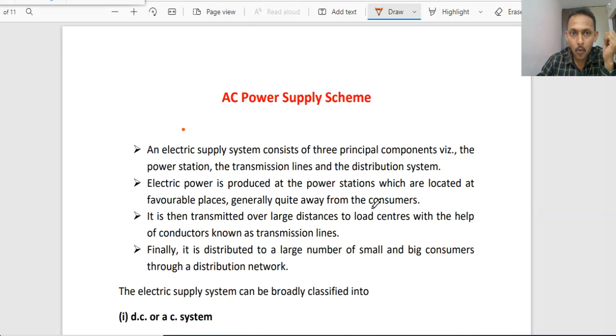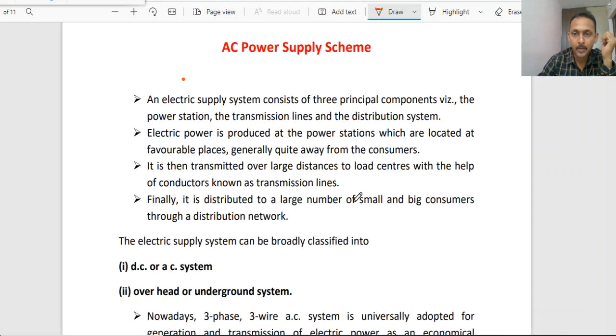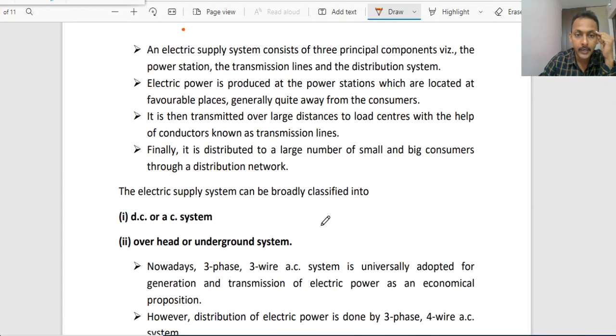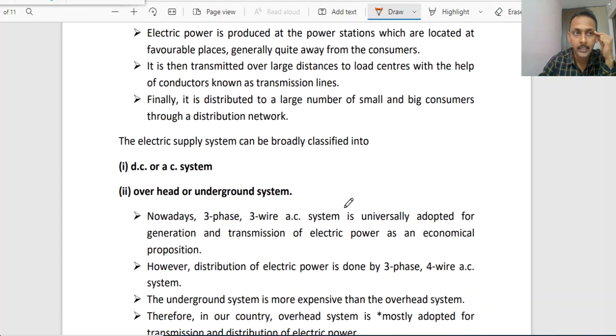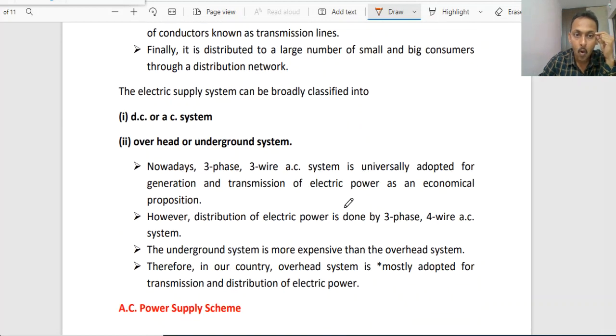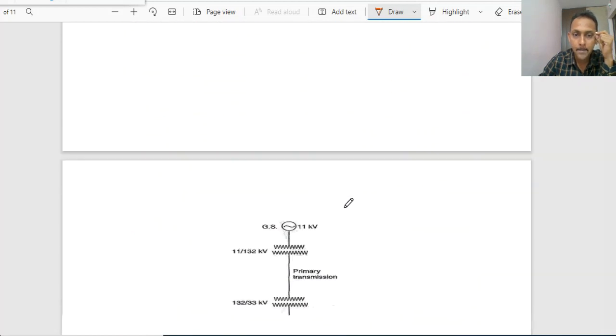In this video, we are going to discuss the AC power supply schemes. What are the different schemes we are having? How to supply the power once it has been generated? How is it to be supplied to the customer? What are the different systems we are having, like DC or AC system, overhead or underground system, and what are